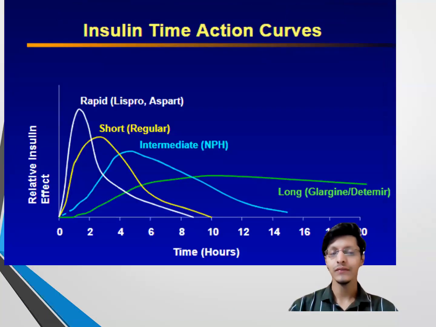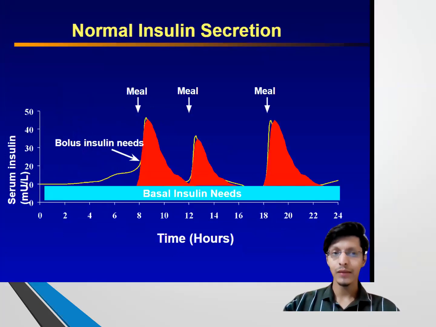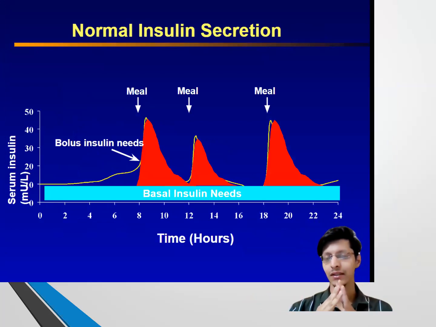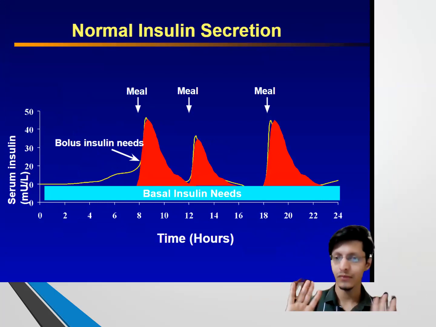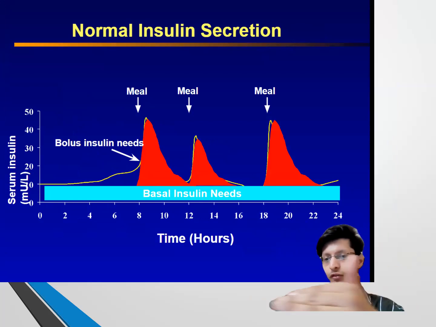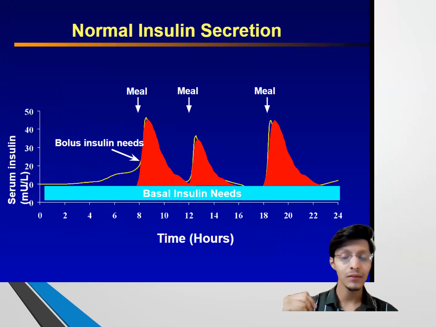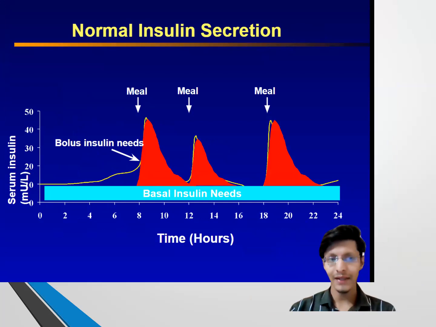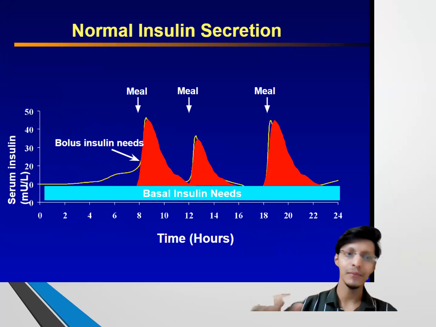So then further we have all the lispro and aspart which are rapid, then we have short acting, intermediate NPH, and then glargine. We all know that. Now I'm going to break it down. So this is a normal insulin profile. ये बहुत important है हमें याद रखना. जब पेशेंट को समझाओ ना तो ये डायग्राम खोल लो अपने लैपटॉप पे. टेल द पेशेंट कि हम क्यों इतने सारे आपको इंसुलिन दे रहे हैं. एक हम आपको बेसल इंसुलिन दे रहे हैं जो आपको 24 आवर कंट्रोल रखेगा. फिर हम आपको बोलस वाला इंसुलिन दे रहे हैं बिफोर ब्रेकफास्ट, बिफोर आफ्टरनून एंड बिफोर नाइट टाइम. तो उसको समझ आ जाएगा कि हाँ मुझे इतने सारे इंसुलिन लेने हैं और क्यों मील से पहले लेने हैं.